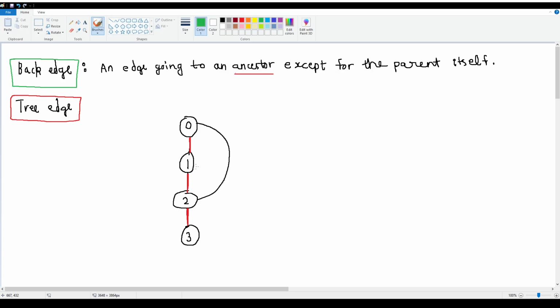So since it is not the parent of 2 and it has already been visited, it is an ancestor of 2 and not a parent of it. So you can mark it in green. It basically means that it is a back edge. That is basically how this works. So that is the concept of back edge, and using this back edge you can find out if an edge is a